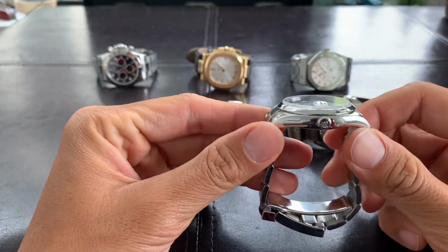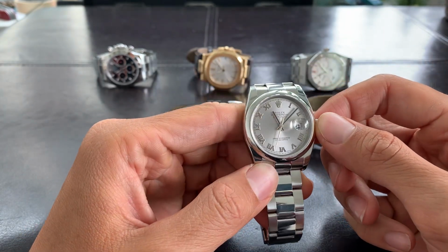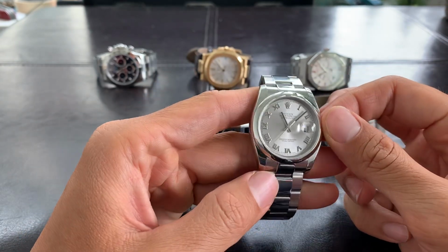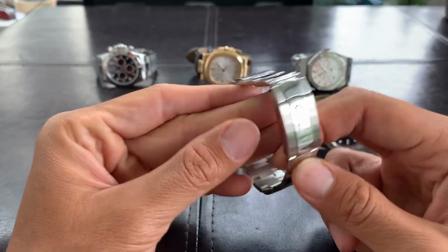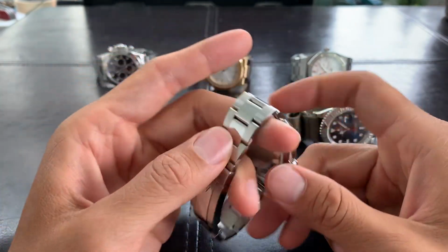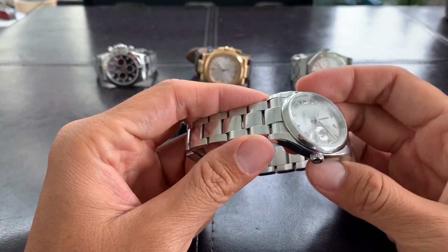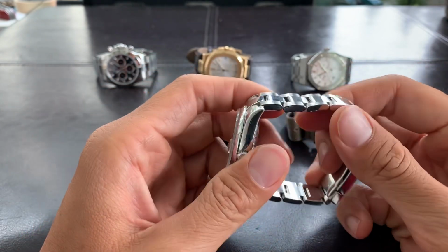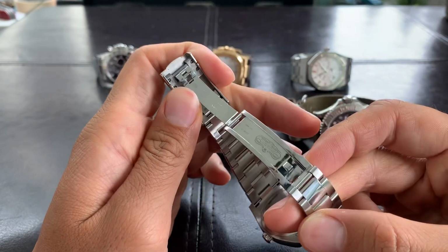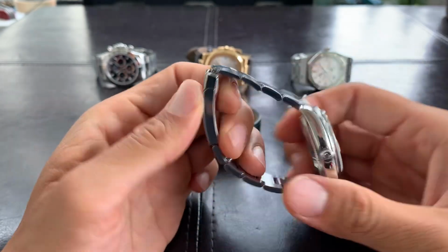This is my first 6-digit Datejust, and I definitely prefer it over the 5-digit Datejust, or the vintage Datejust. It's beautiful, really well made, right? Huge improvements to the bracelet and the clasp, especially if you're experienced with the old Jubilee bracelets. They tend to get really loose and saggy. These are really solid, right? Really modern clasps, modern bracelet. Of course, the